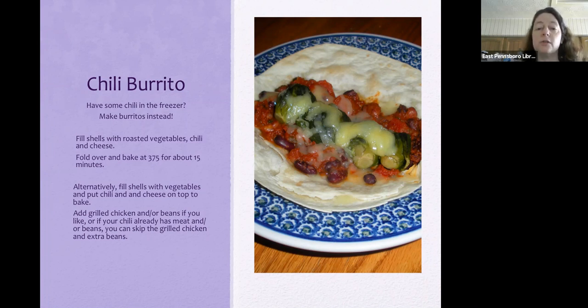You could skip adding grilled chicken then if it has meat and you wanted to have some meat, but you've got some ground beef or ground chicken or turkey in your chili or sausage or whatever you put in it. And you could also skip opening a can of beans or cooking some beans if you already have beans in your chili. Just get some vegetables and roast them, and then fill your tortilla shells with the vegetables and the